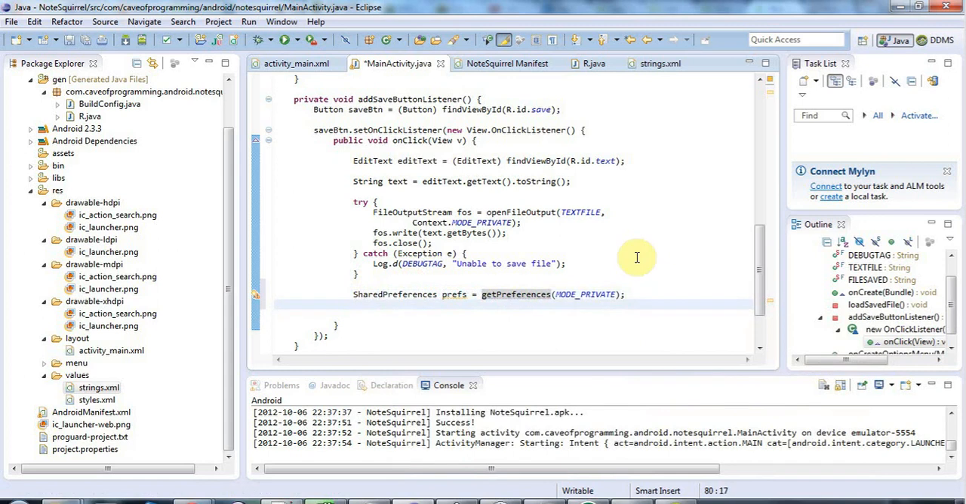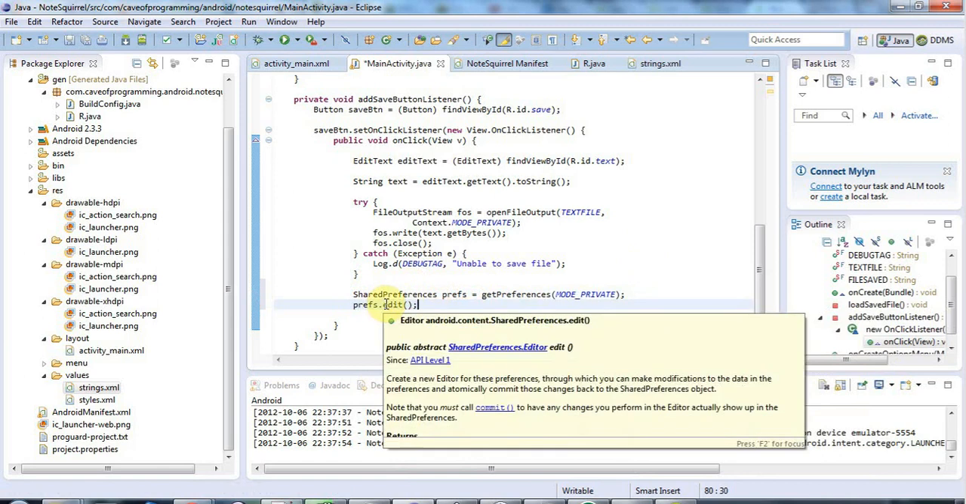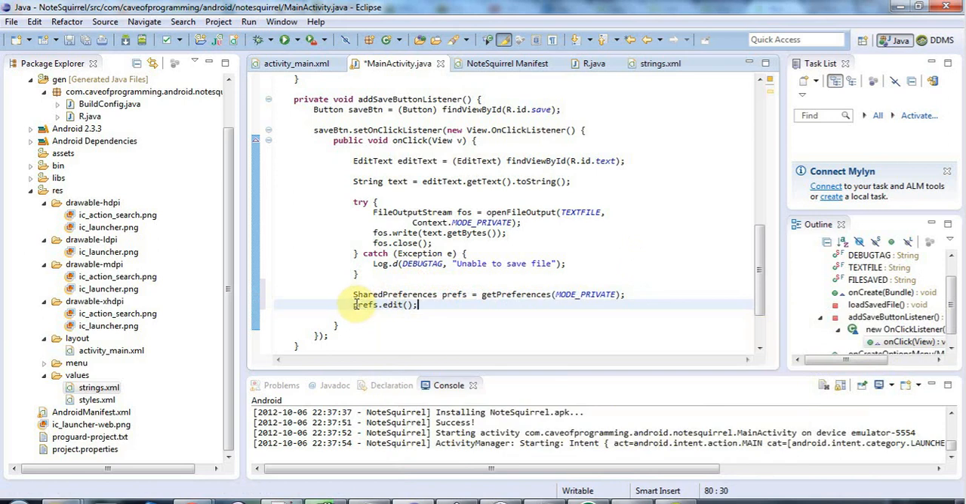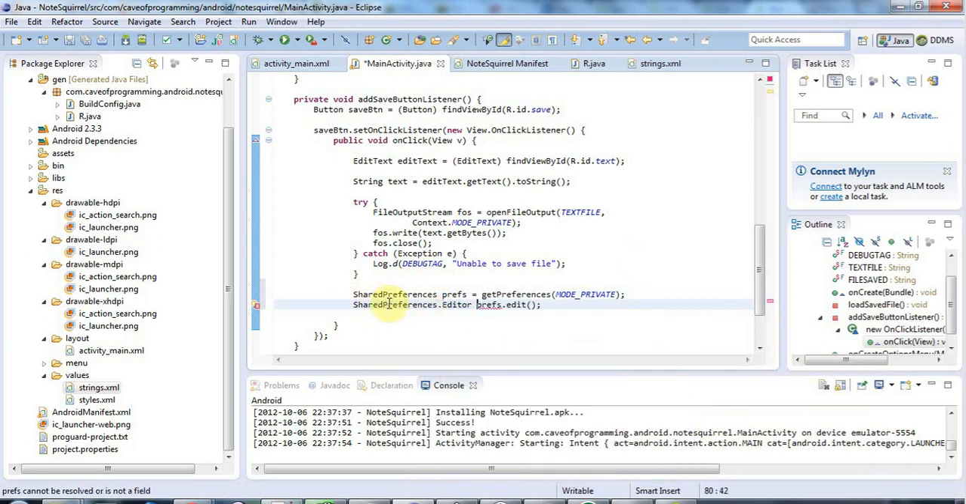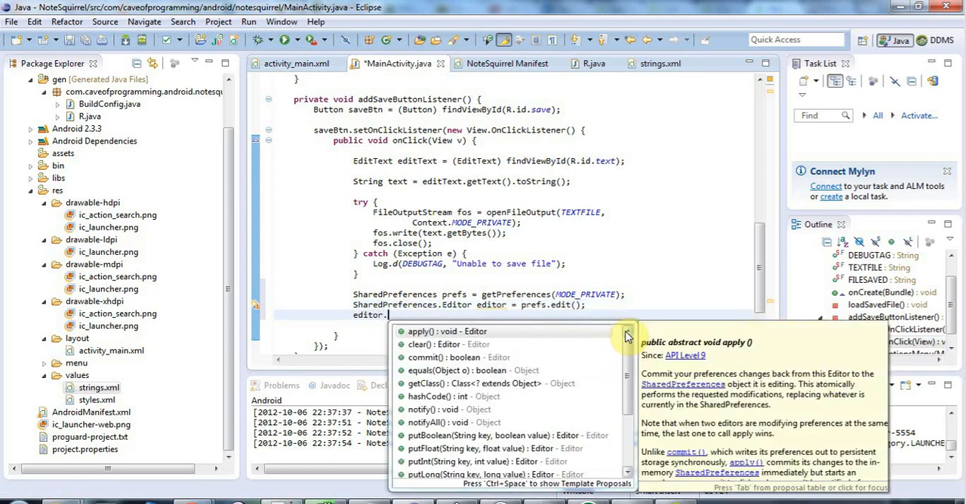And to edit these preferences, I need to say prefs.edit, and that returns, if we hover over it, an object of the type SharedPreferences.Editor. So I'll declare SharedPreferences.Editor. It's an inner class of the SharedPreferences class, and let's call that editor equals. And now finally I can say editor dot, and you talk about